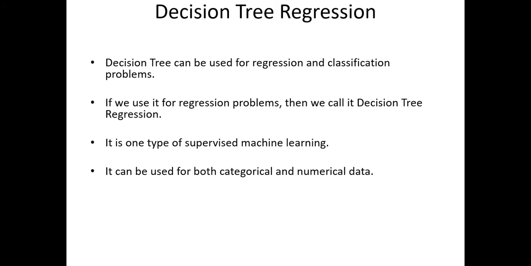It can be used for both categorical and numerical data. So categorical data is data which belongs to one of the categories, like gender, school, or some of the departments. So it will include lots of people in one category or one group. So it could be one category. Numerical is like any numbers.